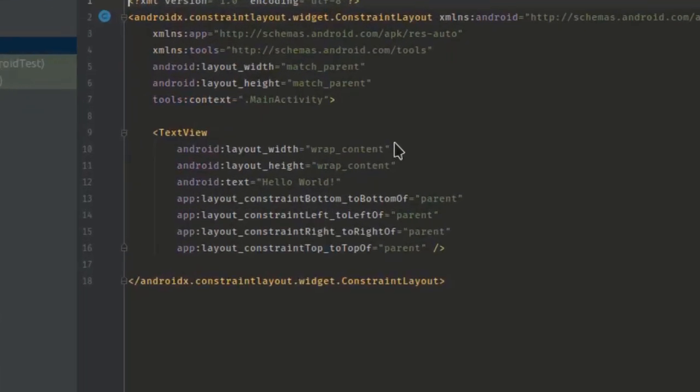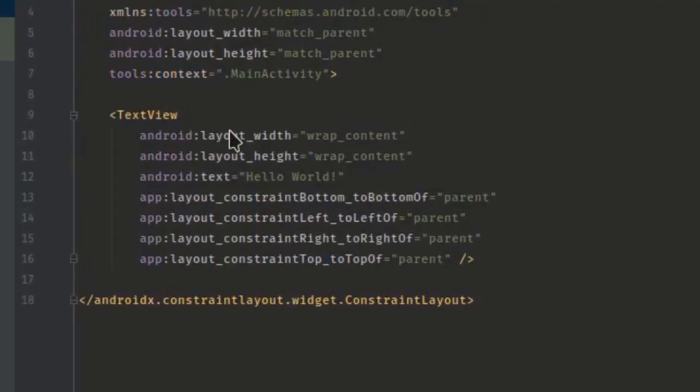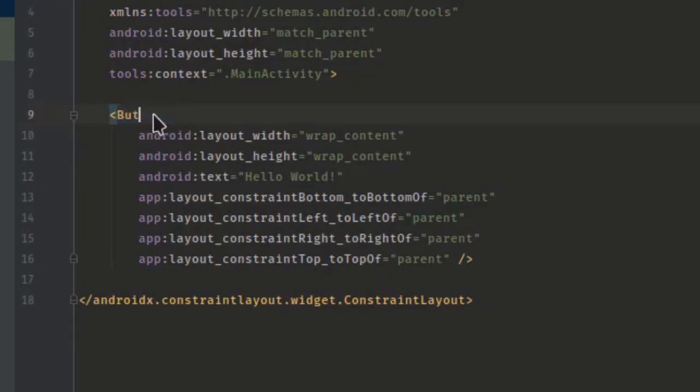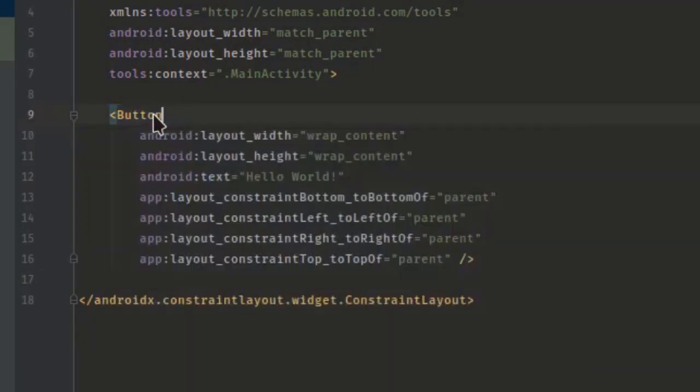Okay, here we have a text view, so we will change it to a button. When we click this button, the toast will be shown, and we will give an ID